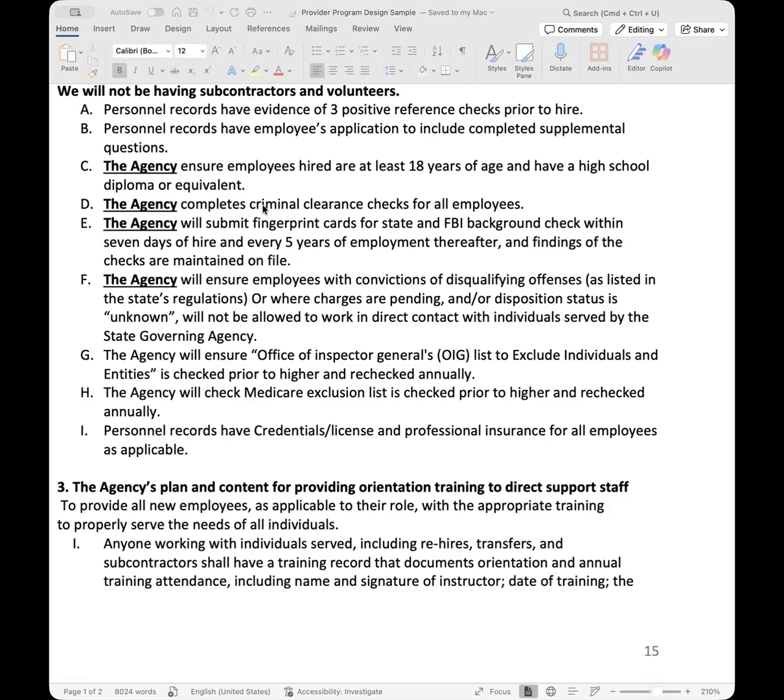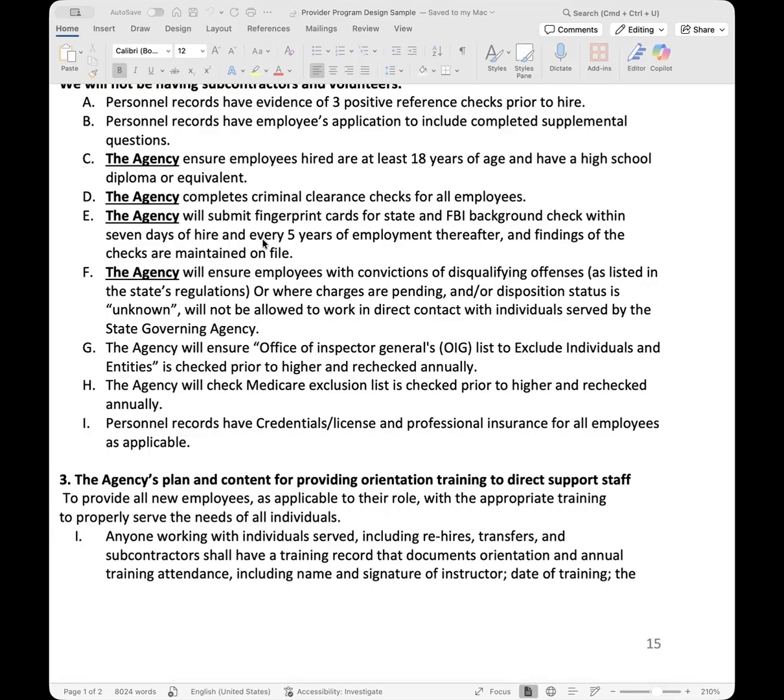So you will need to change this part to match your state standards, because, like I said, California agencies are not responsible to do this. They're just responsible to upload the information. Again, every 5 years, each employee, volunteer, and subcontractor has to do another background check. You will have to change this if you're in California because the regional center will do the background check for you. But other agencies have to have fingerprint cards. Those fingerprint cards have to be sent out, and it has to be done every 5 years.